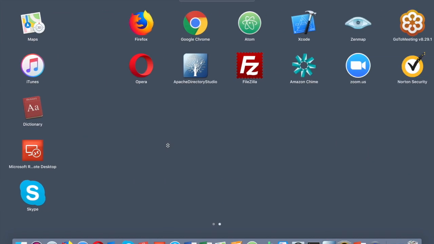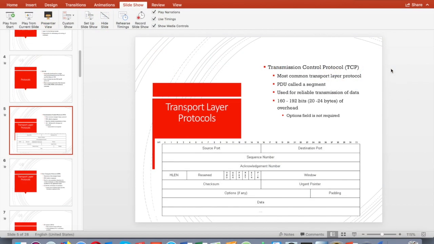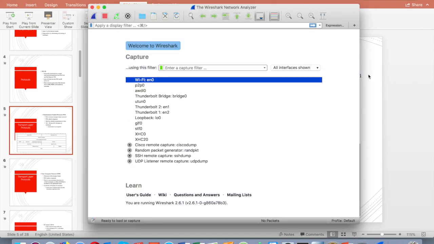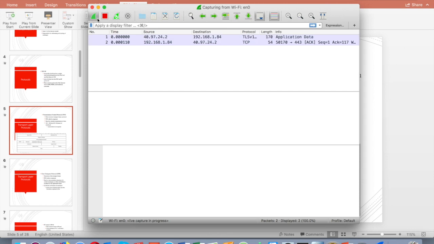So you should be able to see something similar though. So right now I'm going to fire up Wireshark, and I am on a Wi-Fi connection right there on my Mac. So I'm going to choose that right there. And then I'm going to click on the shark to begin capturing packets.